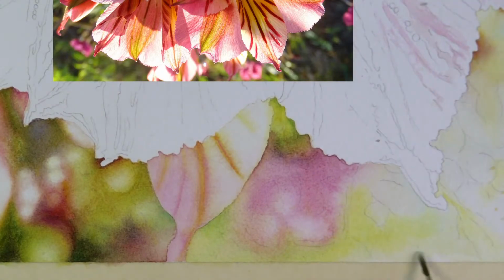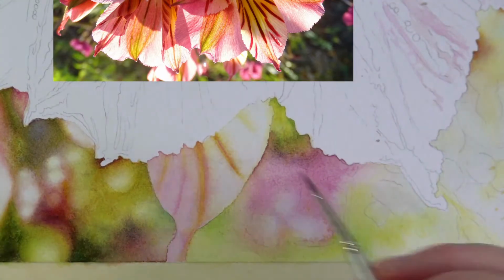Boy, I really thought I was going to struggle with showing how I do my backgrounds, because I really haven't ever got into it this detailed in a live stream. I was afraid I was going to completely...